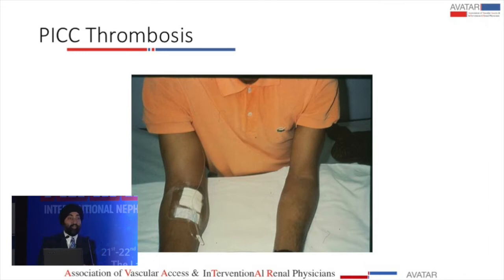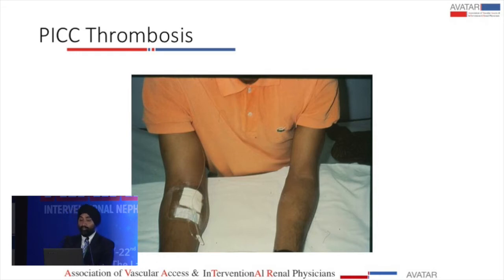The risk of thrombosis could be as high as 30% after you've had a PICC line, and PICC line damage is even more extensive now because not only is there a risk of central vein thrombosis, but also thrombosis of those distal peripheral veins that we would have used for